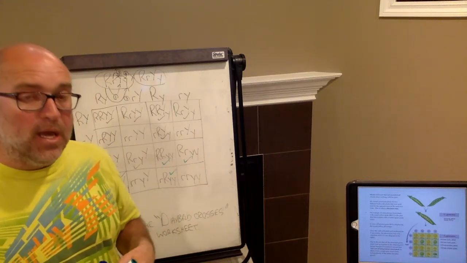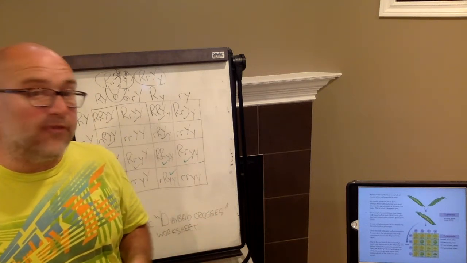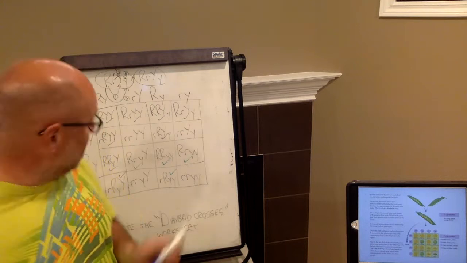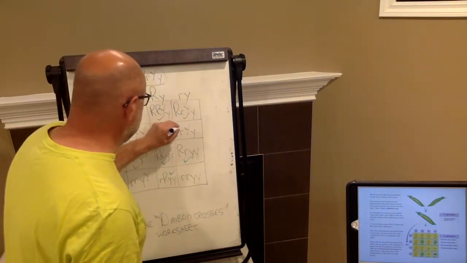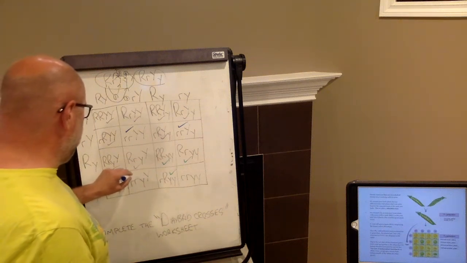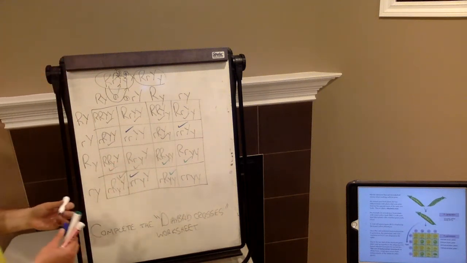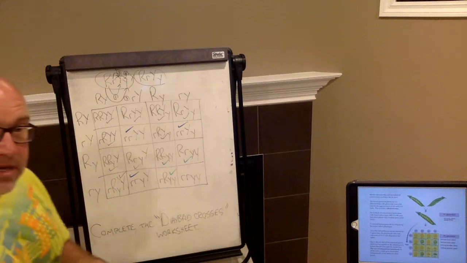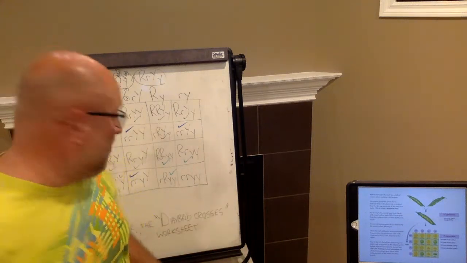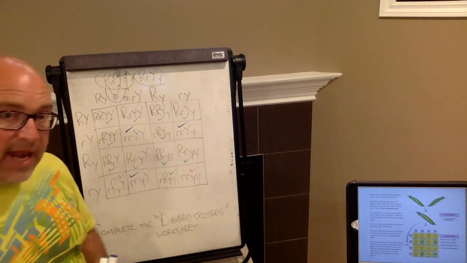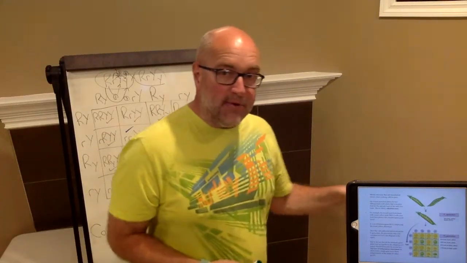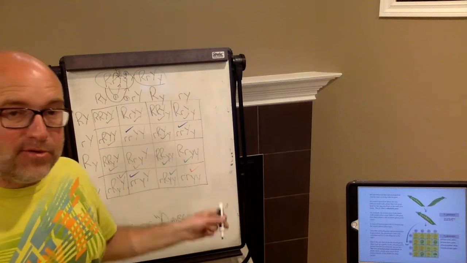Now let's do how many are going to be recessive for R but dominant for Y. I'm going to use blue for that one. I've got 1, 2, 3. We're good. And then finally, how many are going to be recessive for both? There's only one left. When I'm done that, if I've got two heterozygous parents in a dihybrid cross, there is